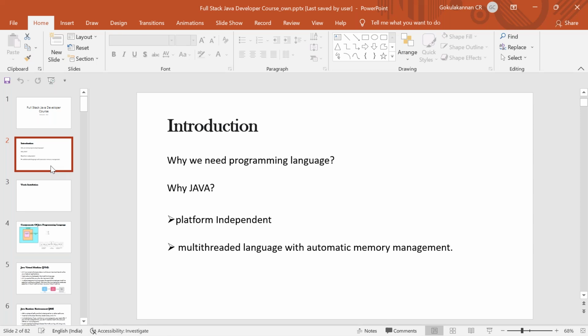The next thing is that it is a multi-threaded language with automatic memory management. First, let me cover memory management, then I'll come to the multi-threaded concept. Let's take an example. You are provided with a rack, and in the rack you can hold hundreds of books.